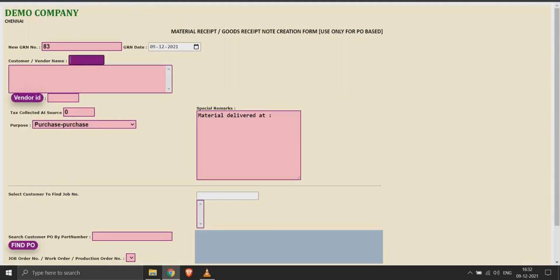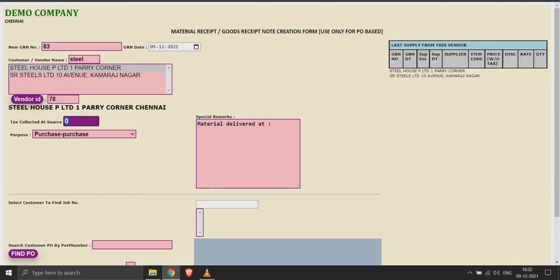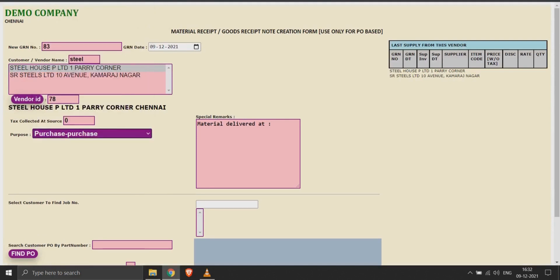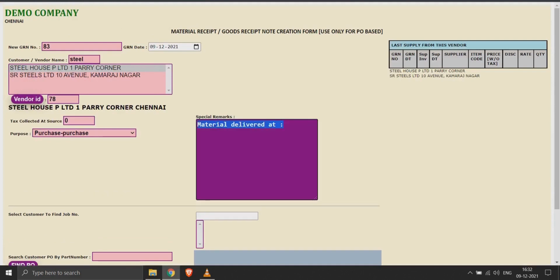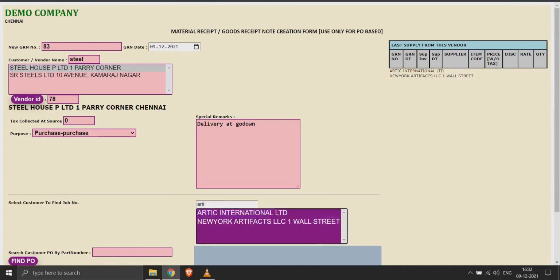System alerts you in case you are making a duplicate GRN. There are several purchase types for accounting purposes, like purchase, services, stock adjustment, etc. You can book this GRN against a sales order too, so that project costing can be monitored, to monitor how much expense is made against that sales order,